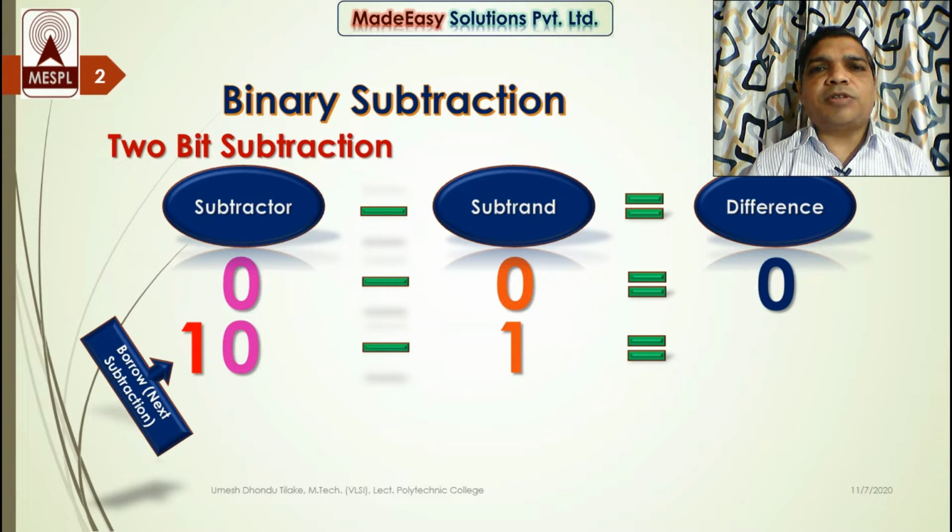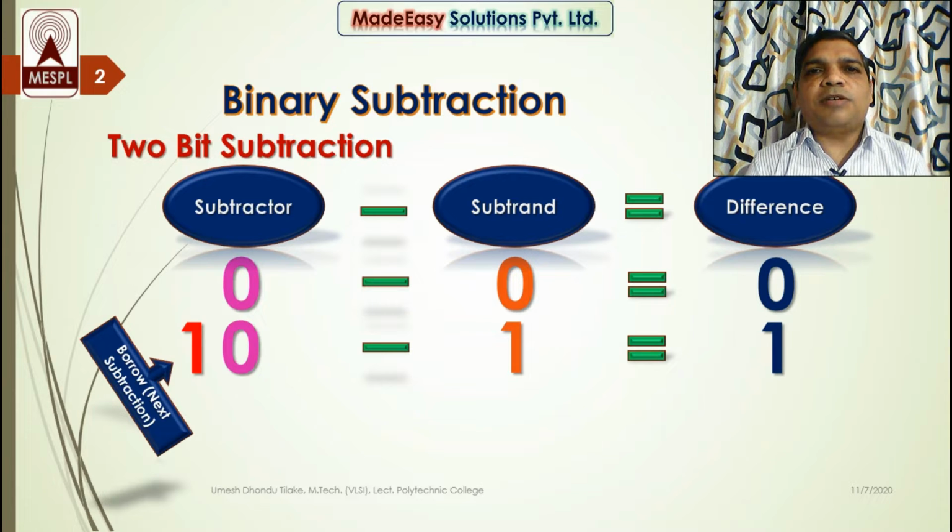Yes, because now our subtractor has a value of 0 plus the value of the borrow, which is 2. So our subtractor is 2. Now you may ask me, sir, 2 is not a valid binary bit. I know. Now you have two ways to perform this subtraction. Either consider the decimal equivalents of the bits on which subtraction is to be done, or you can consider the binary bits themselves. So here my subtractor is 2 now and subtrahend is 1 in decimal. So 1 subtracted from 2 is 1 in decimal. So 1 decimal is equal to 1 in binary. So I must get the result 1 over here.